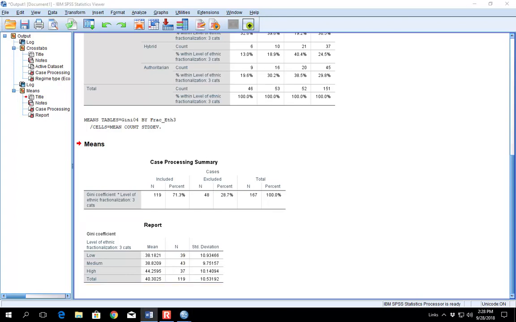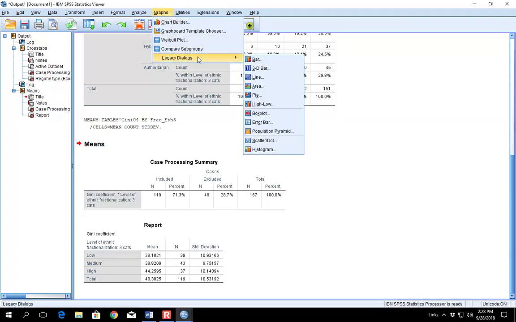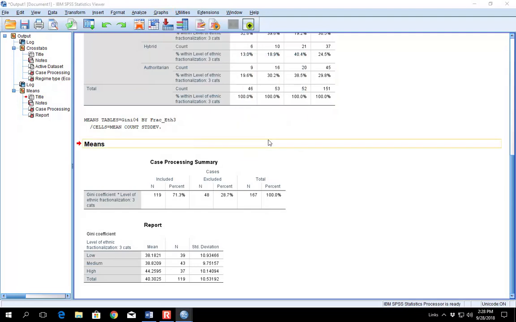In order to demonstrate how to create a scatter plot in SPSS, I will also be using the world dataset again. I will use the Human Development Index, HDI, as the dependent variable, and overall economic freedom, free_overall, as the independent variable in the example. To create a scatter plot, click on Graphs, Legacy Dialogues, Scatter.